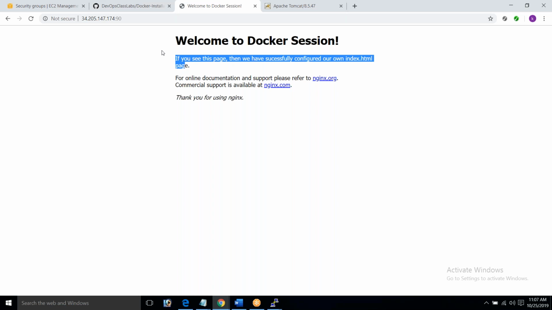But if my requirement is to provision 10 containers, I cannot log into 10 containers and do the same job repeatedly, right? That is increasing my manual task. That's where we use a concept called volumes. So what will I do now?